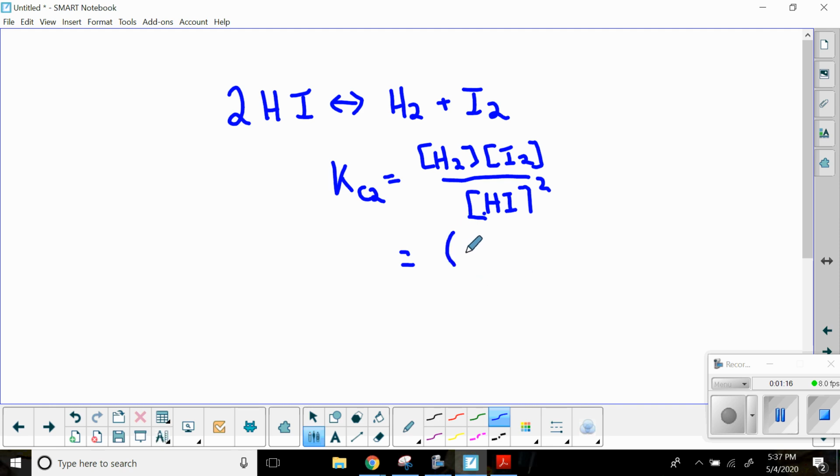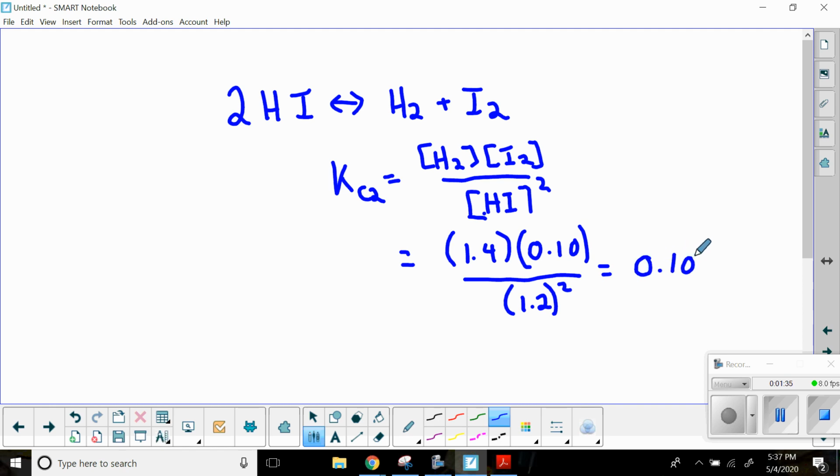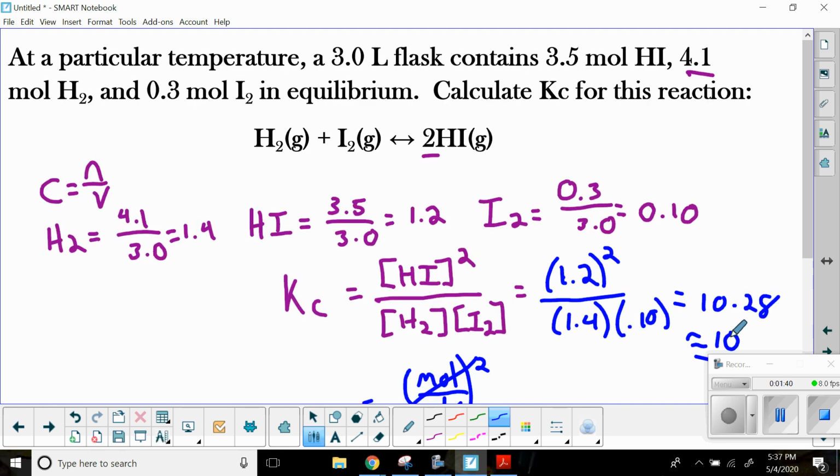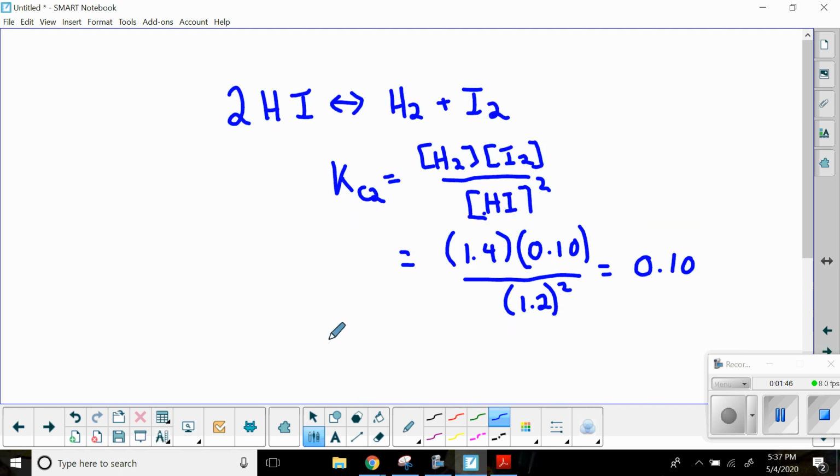And my hydrogen had a concentration of 1.4. My iodine had a concentration of 0.10. My HI had a concentration of 1.2, and I'm still going to square that. And when I solve this all out, I get 0.10. Well, 0.10 is the reciprocal of 10, because if I took the reciprocal of 10, that's 1/10, otherwise known as 0.10. So I can say that the second equilibrium constant is going to be 1 over the original equilibrium constant,